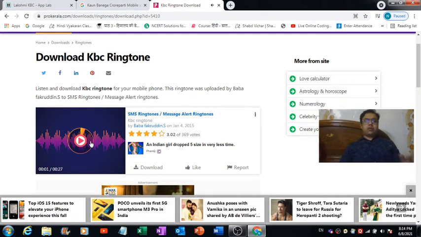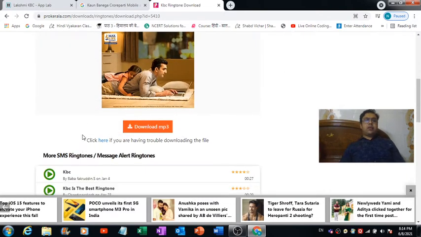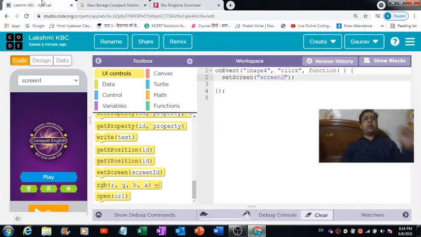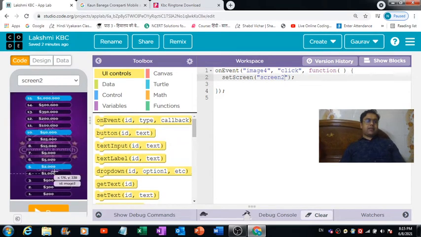This is that beautiful and popular KBC sound which you can download on your device, and after that, with the help of the play sound block available in App Lab, you can import it over here. So I am now on screen 2. Let's now define the code for this screen 2.